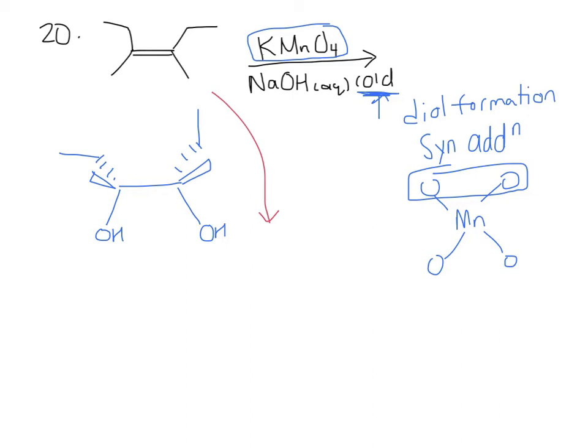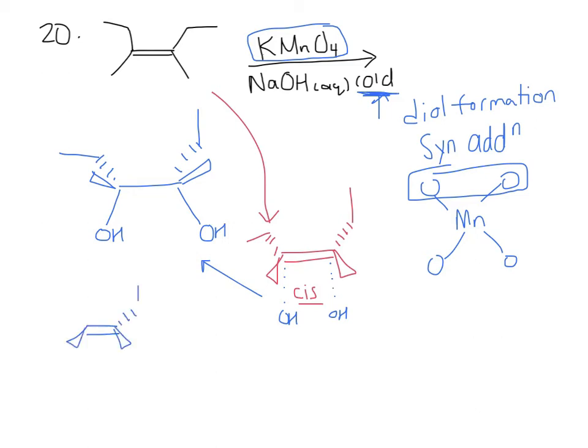So basically if I rotate this guy towards me, I would have a methyl group towards me, ethyl group dashed. So important thing to note here is I still have the syn or the cis product. So then when the diol forms, the two oxygens can add to the same side, right? But there's no reason why they can't add top or bottom. So if I add from the bottom, I will get the product I showed over here, or if I add from the top, let's just draw that again, like so,